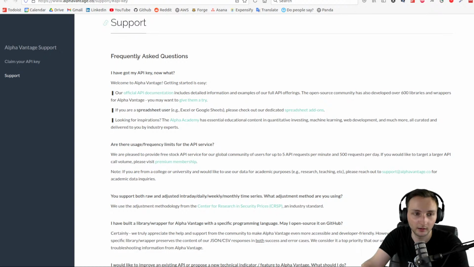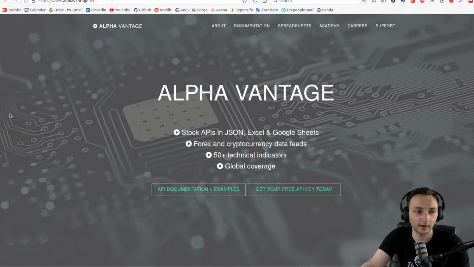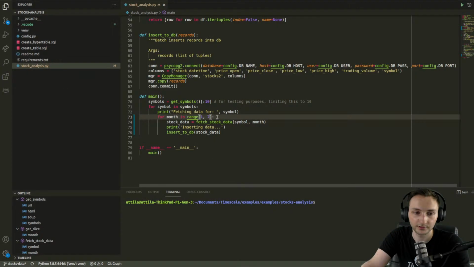Which, if you do the math, if you want to extract data for 100 stocks, 1 minute intervals, you're gonna be able to get 6 months of data in 1 day on the free tier. So that's why I chose 6 months. Now it's still gonna take maybe a couple of hours to get it. Not because the ingestion is slow. That's actually, I think, between 1 and 2 seconds per batch. But what's gonna slow you down is the